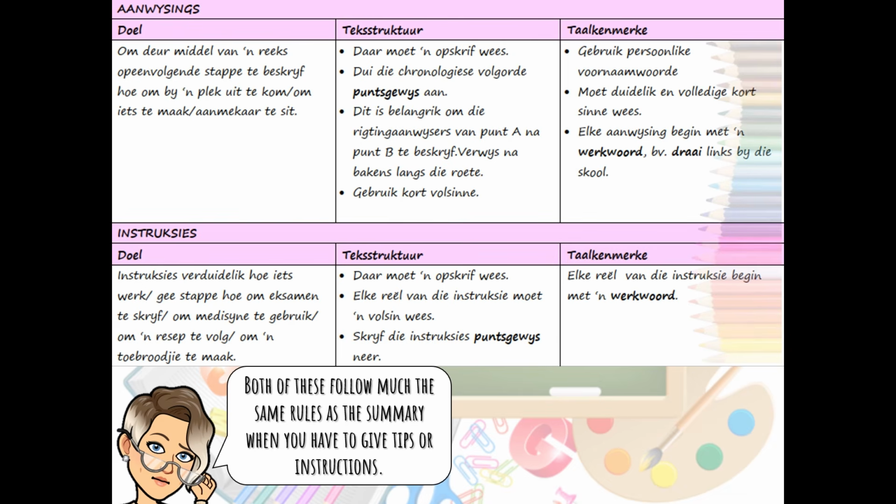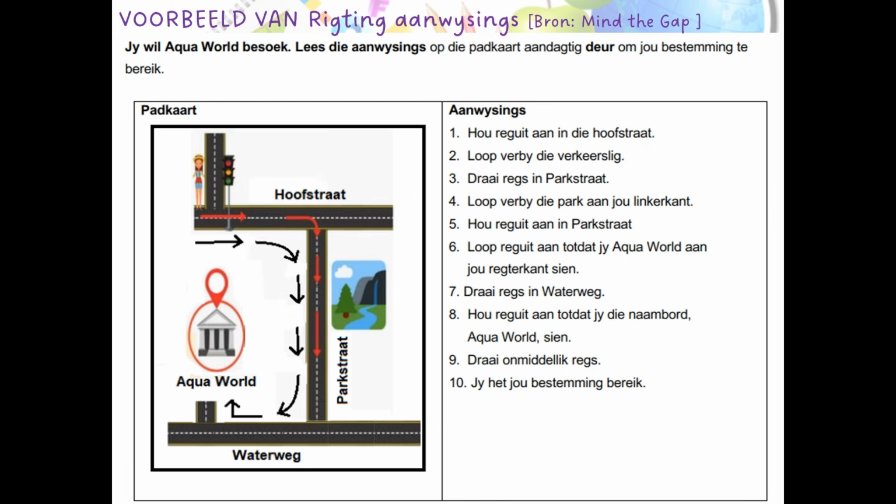Then for text C, that category C section, we've got rigtingaanwysings and instructies. Now both of these follow much the same rules as the summary. When you do the summary in paper 1, when you have to give tips or instructions, you start with the verb. Let's look. When you have to give somebody directions, look at how you start with the verb. Hou reguit aan, loop verby, draai regs, loop verby, hou reguit. You'll probably get a picture. If not, draw yourself a picture so that you don't just send your person in circles,